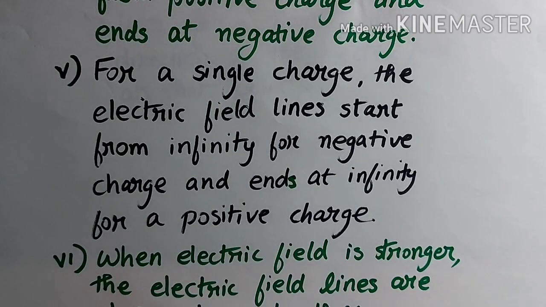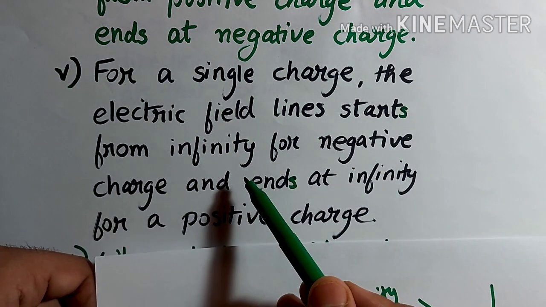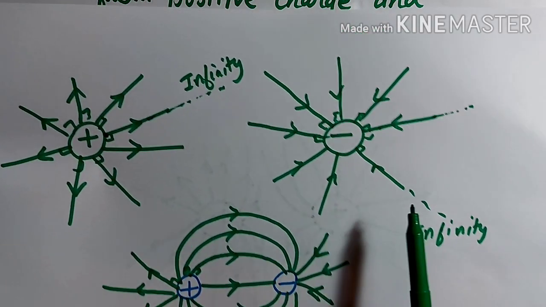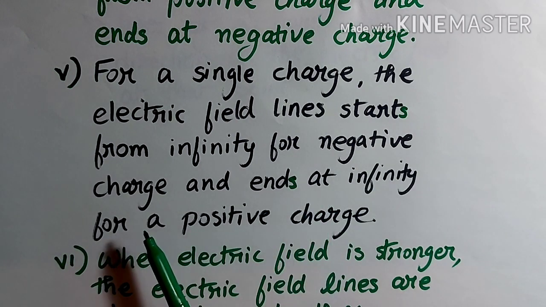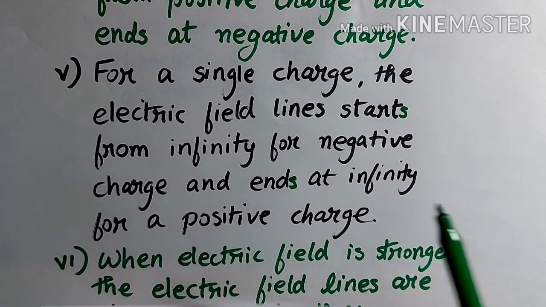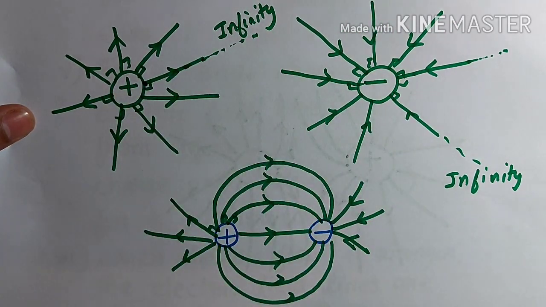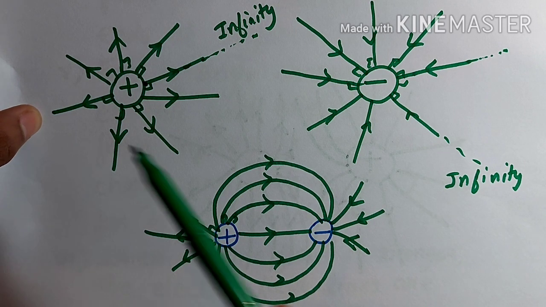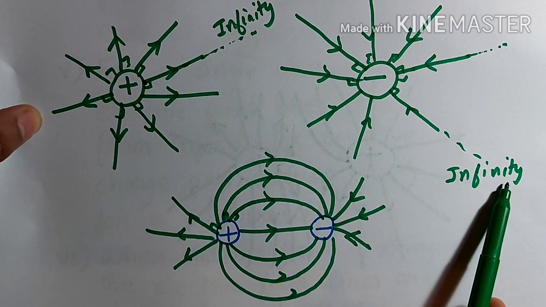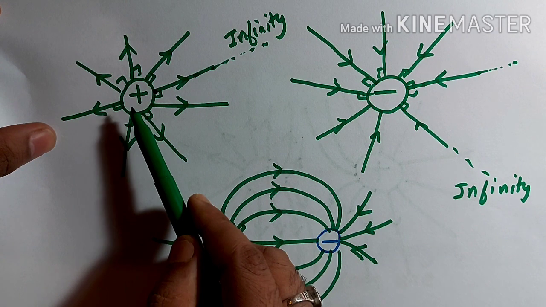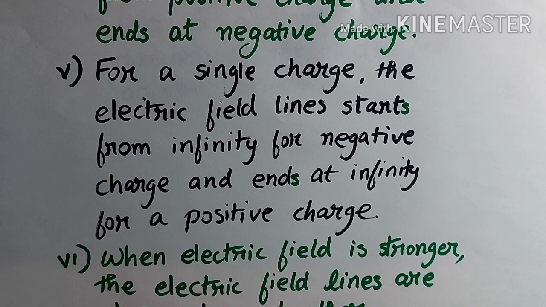So the fifth property says that for a single charge, the electric field lines start from infinity for a negative charge, that is, they are starting from infinity for a negative charge and end at infinity for a positive charge. In case of a positive charge, it is ending at infinity. So this is the fifth property, which states that for a single charge, if it is a negative charge, then it starts from infinity, and in case of a positive charge, it ends at infinity. Now sixth property,